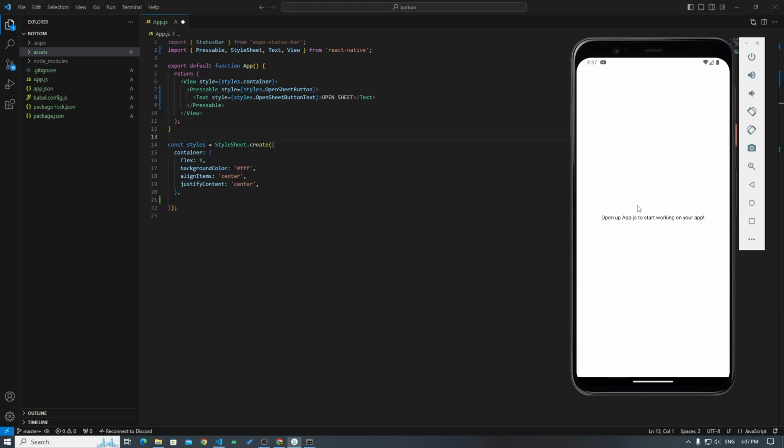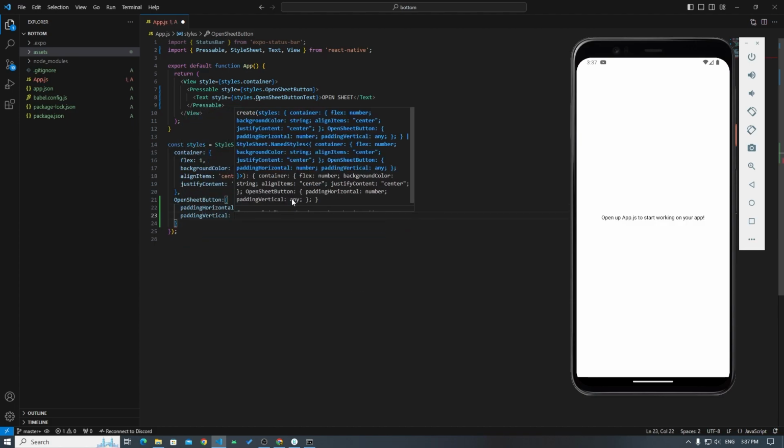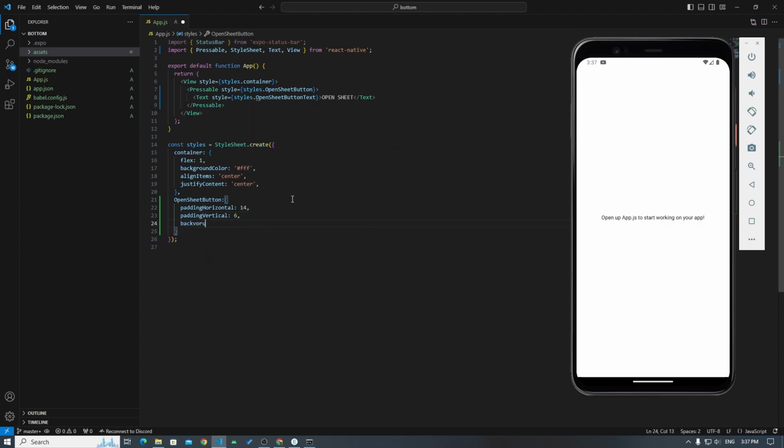See, it's working. So now I'll take this open sheet button, come here and type out padding horizontal, which will be 14, I guess. Padding vertical will be around 6, and background color will be FF2770. Let's see how it looks. Okay, that's perfect. And take this open sheet button text